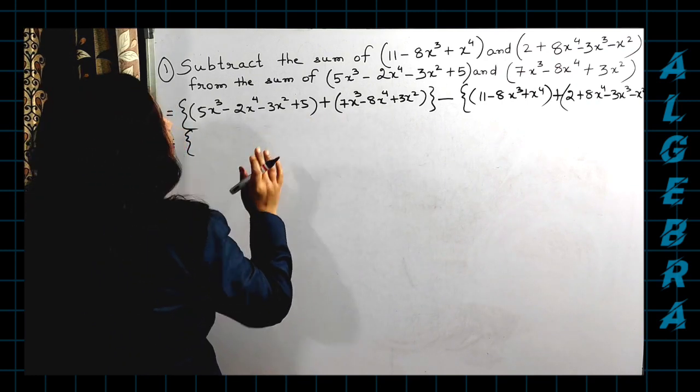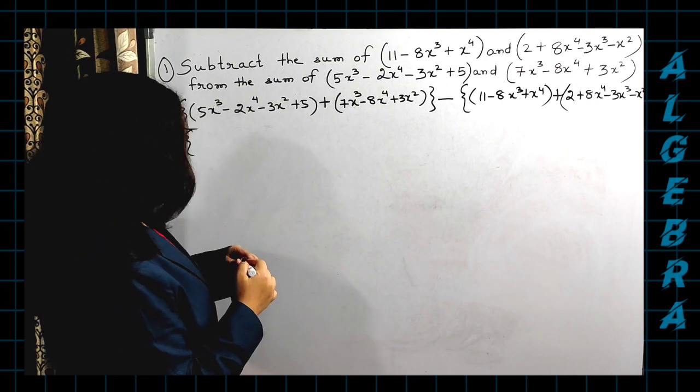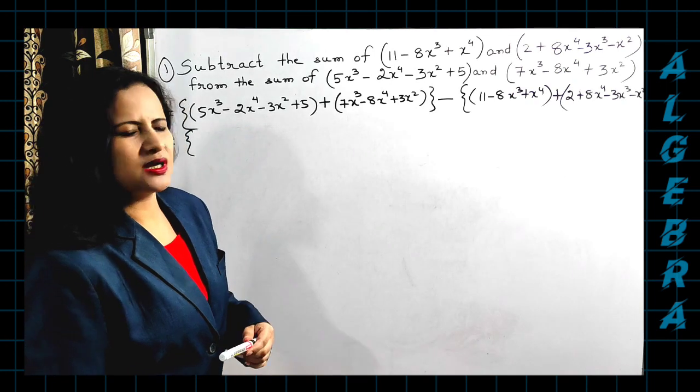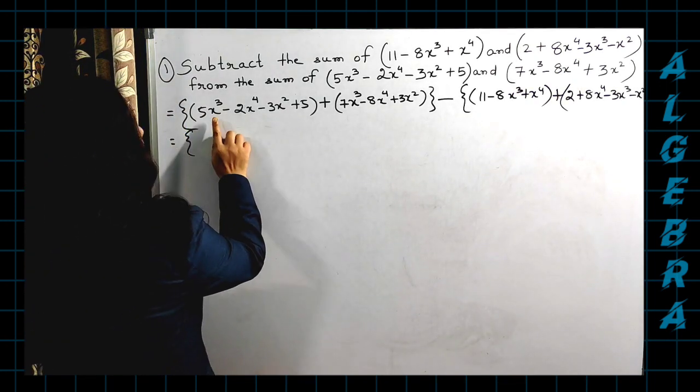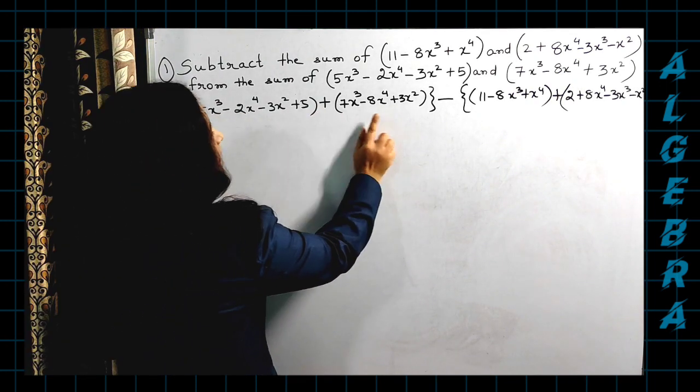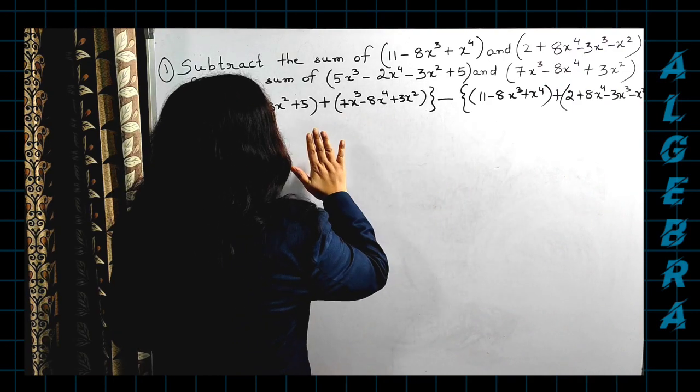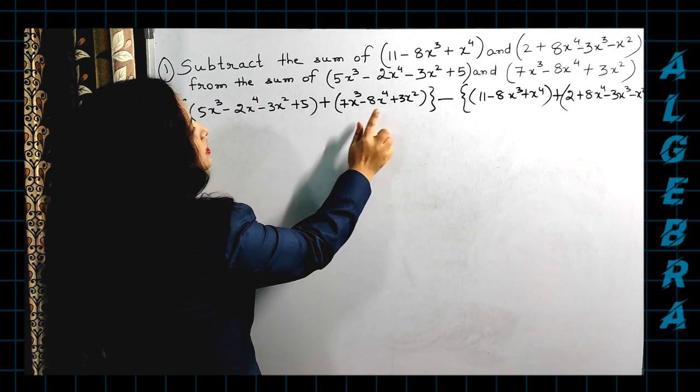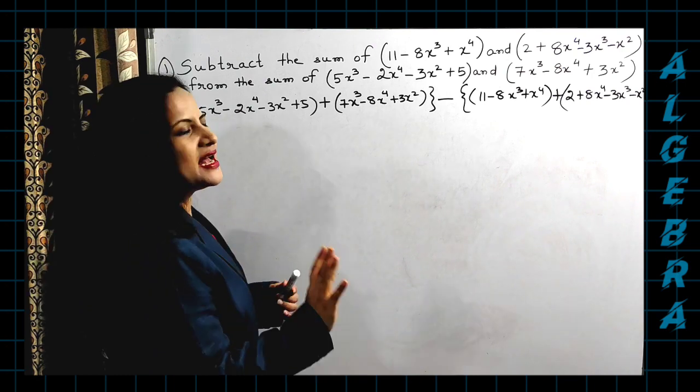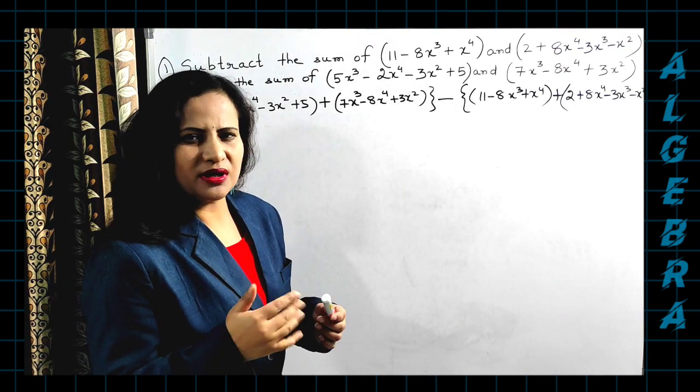Okay, the sum of these two. Very easily we can solve it in fewer steps. So how will you go for that? See, when there is plus, there is no need of any doubt, because no signs are going to change. All the signs will remain as they are. So simply you can write whatever is there directly.